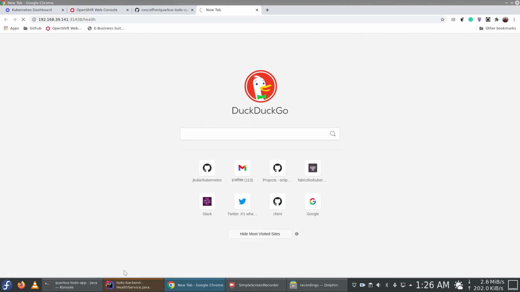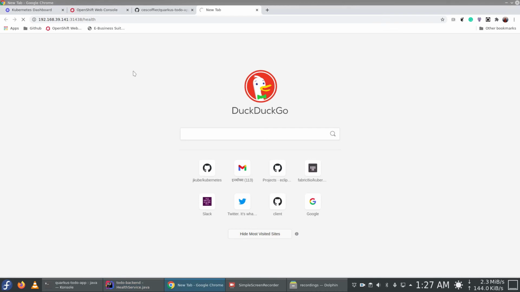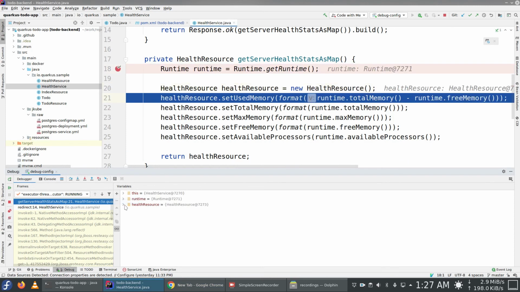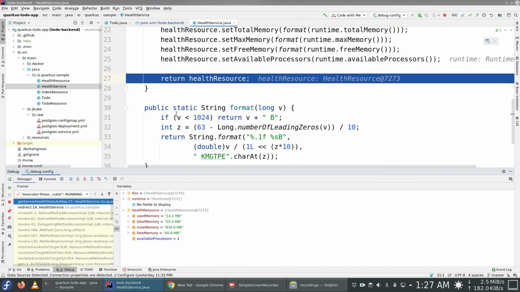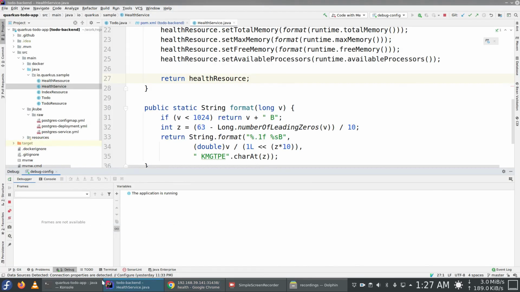Okay, alright, so we are here. We hit the application endpoint, and now we are here inside our IDE, and we can now debug our application as usual. You can check these values, and you can proceed with debugging it as you want. So okay, let me resume it from here, and I should be able to see the response. Alright, okay, so as you can see, now we were able to debug our application without relying on kubectl.